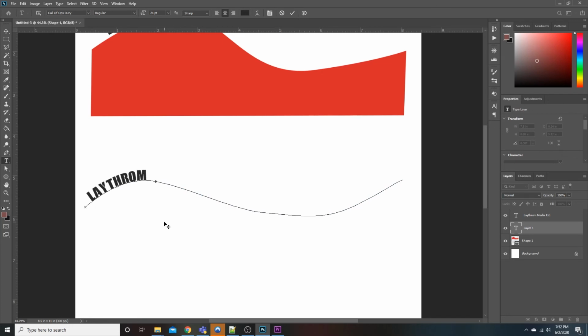Now, as you can see with a path, since it's not closed and it's not doing it across an entire perimeter, it's only showing "laythrom" right now. There's actually more to it, but you can't see it. So if you come back down here to your path selection tool,